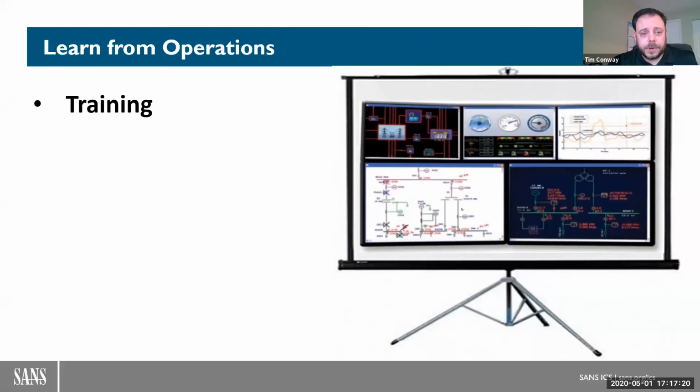Looking at general operations, one of the roles that I had in a previous life was training system operators, not providing the training directly, but being in charge of that training program and watching what they had to do for continuous education, using simulators, using dispatcher training environments so that they could practice the way they play. We could capture storms, we could capture a number of different things, replay them for the operators, and then they could walk through how they would have responded.